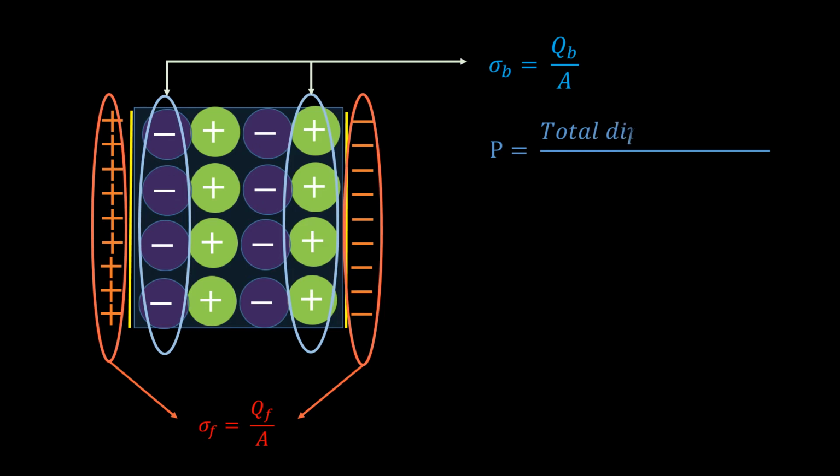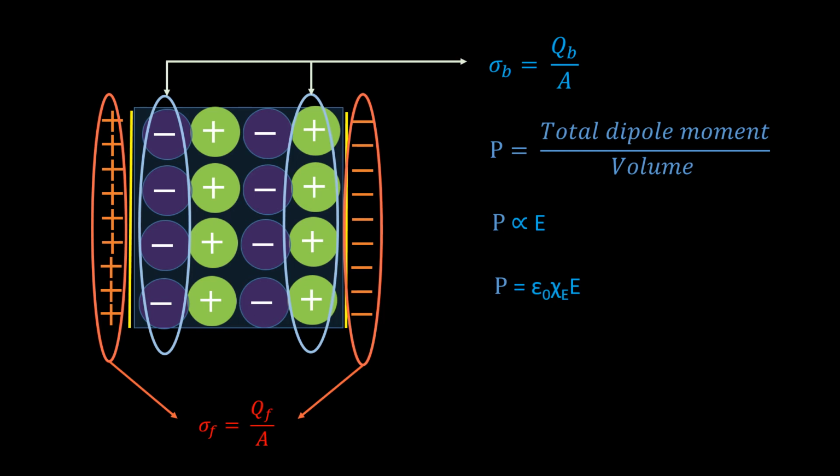Now polarization is defined as total dipole moment per unit volume, and this polarization is actually a measure of how many dipoles we have inside the dielectric slab, and these dipoles are a consequence of the applied electric field. So how much polarization takes place depends on how much electric field we have applied. Suppose you apply more electric field, you will have more dipole moment. So I can say that polarization is directly proportional to the applied electric field. And when you remove the proportionality, you get two constants. One is epsilon 0, a known constant.